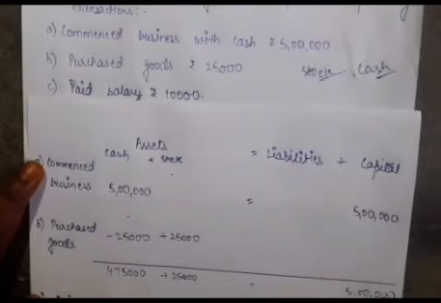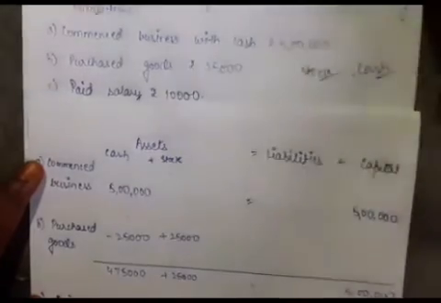4,75,000, 10,000 we have to subtract from here, and all the expenses we are deducting from cash and capital, both the sides we have to deduct it. So minus 10,000 will be deducted from cash, and minus 10,000 will be done from here also. Okay, so the new equation that we get,